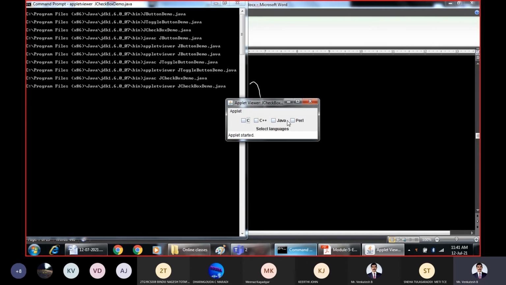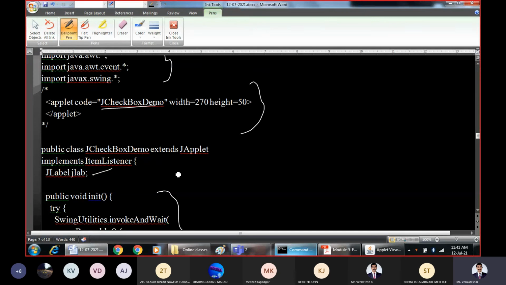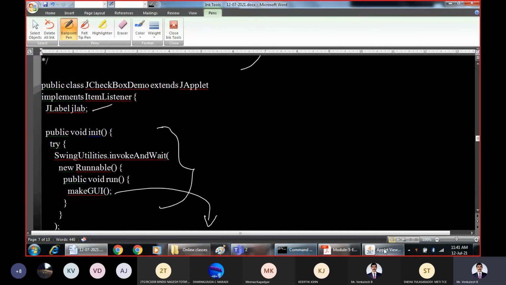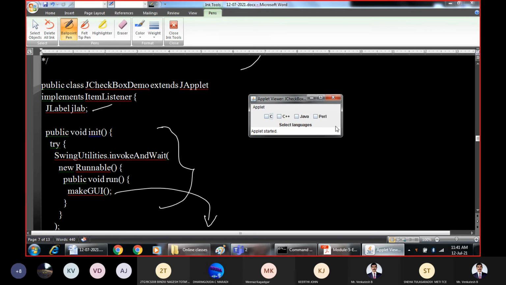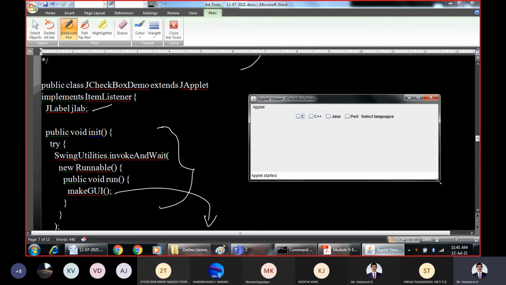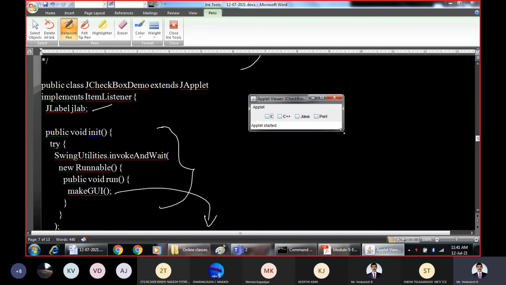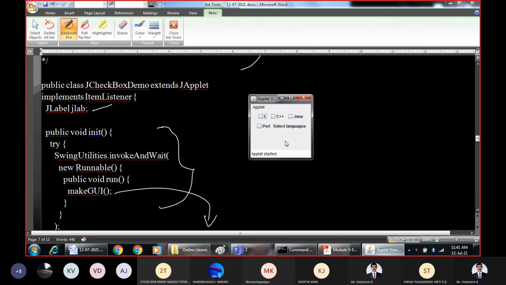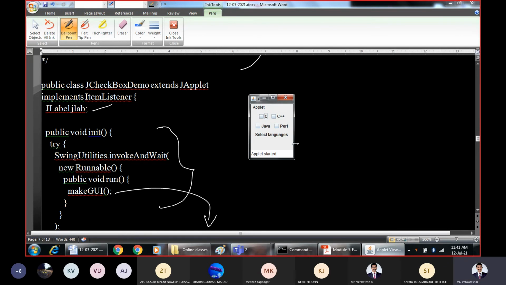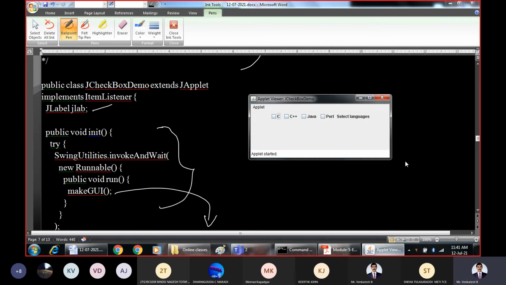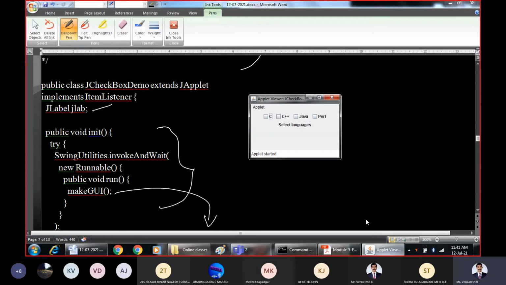Right, we have created one more graphical user interface. I'll go to the program back again. Yes, as you can see, this is one simple graphical user interface. If you increase its size, the label comes below this. You are allowed to change it in whatever way you want. So I'll make it convenient like this. Select the languages. Okay, I'll make it like this.